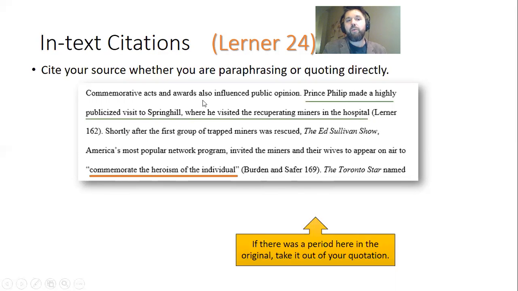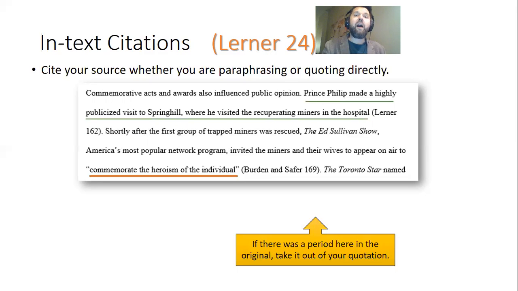Whether you're quoting, like in this example, or paraphrasing, it doesn't matter which one, you always, always, always provide an in-text citation, because this information is coming from a source. There are two reasons why we want to do this. One, avoid plagiarism. You do not want to take someone else's research, someone else's ideas, someone else's intellectual property, and present it as though it's your own discovery or your own finding or just information that you happen to know, right?